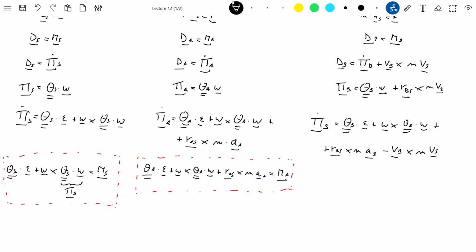Here we'll have theta b times epsilon plus omega cross product theta b times omega plus RBS cross product M times AB, and this is equal to